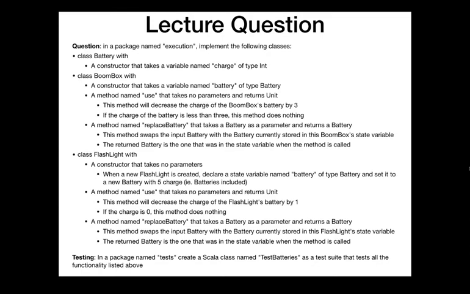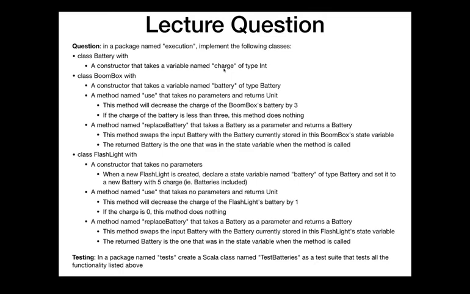To that end, we want to get this lecture question today. I know it's a lot of text, but a lot of this is mostly cut and paste between these 2 classes. So this is similar to the last lecture question, but expanding it a little bit. We have a battery class. We want 3 classes. Battery class, similar to the valuable class last time, except we do have some state in this battery. I want to be able to create batteries with some charge. It's going to take that charge as a variable in its constructor of type int.